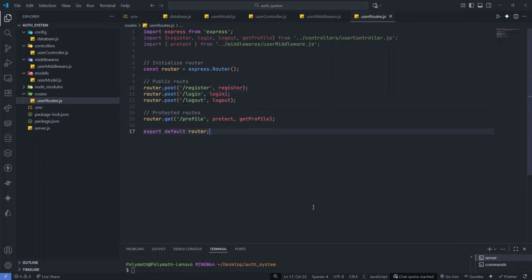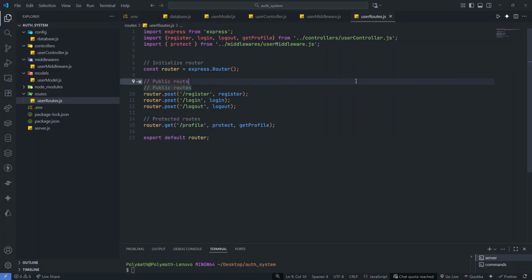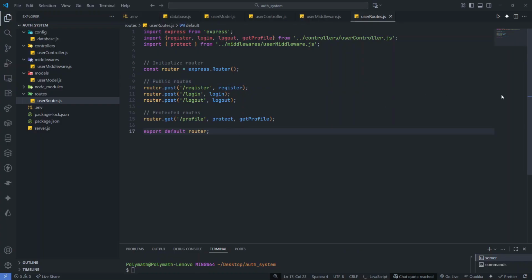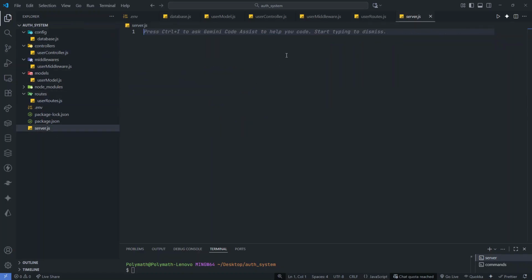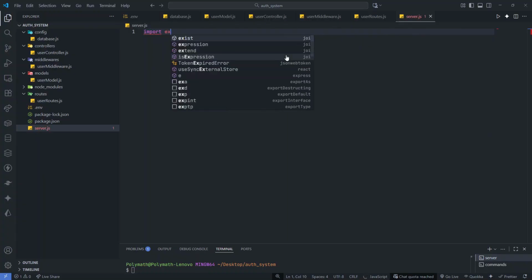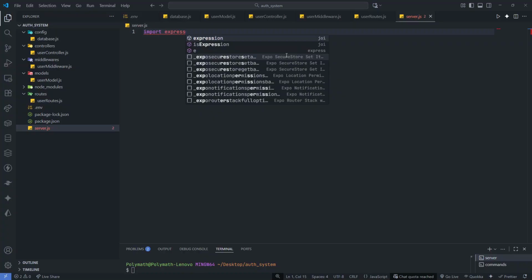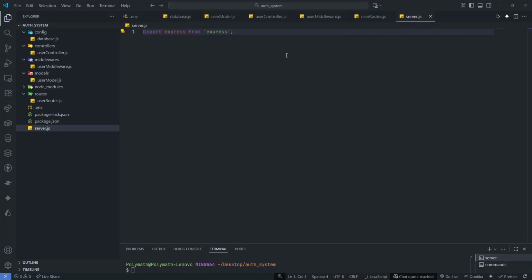Okay. All right. So in this sense, we are done with our routes also. The next one we want to work on will be our server file. So first thing in our server file, we import Express. From Express, we would import, okay,